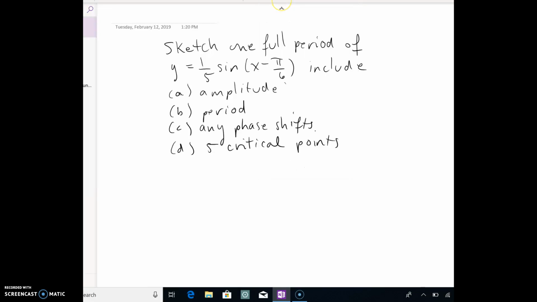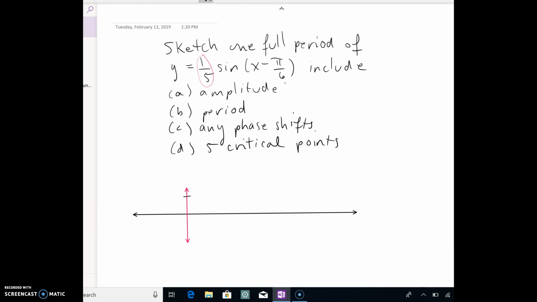Okay, so let's take a look at this example where we need to sketch one full period of y is equal to 1/5 sine of x minus pi over 6. So let's start off with the amplitude. And we know that this function has an amplitude of 1/5, which means that we are going to,